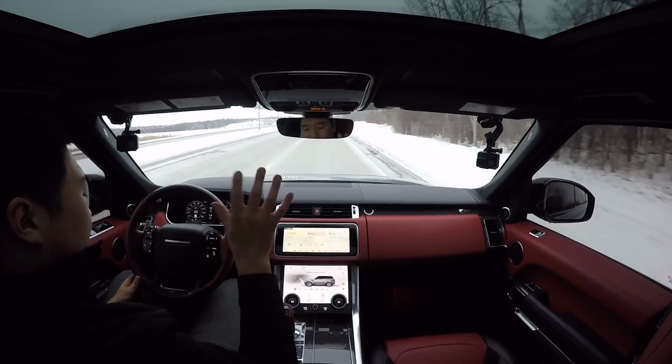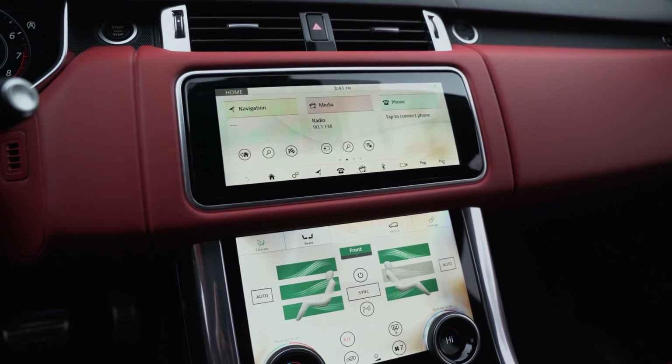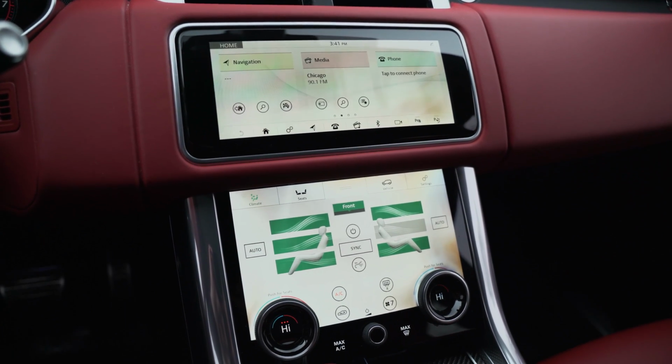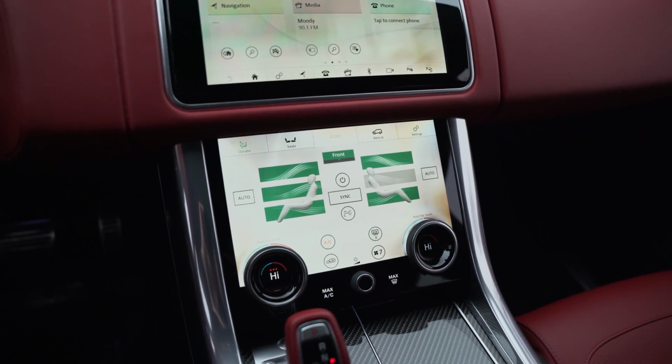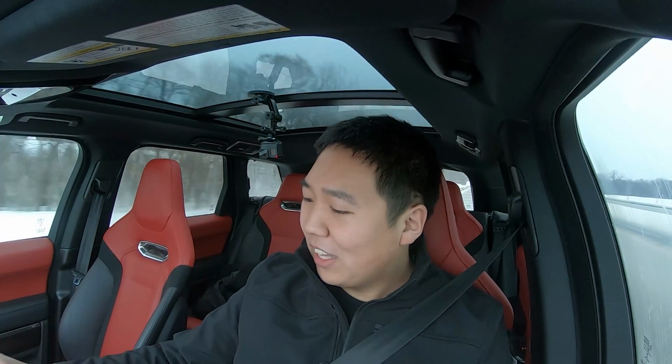but some things that let it down, the infotainment screen. It's already gotten a lot better, and I've driven past Range Rovers, and I've definitely complained about the old Land Rover infotainment screens have always been problematic. They went to this dual touchscreen system, which when looking at it, it's actually very beautiful. It looks nice, it seems to work well, but it can be a bit buggy and laggy, and it's not